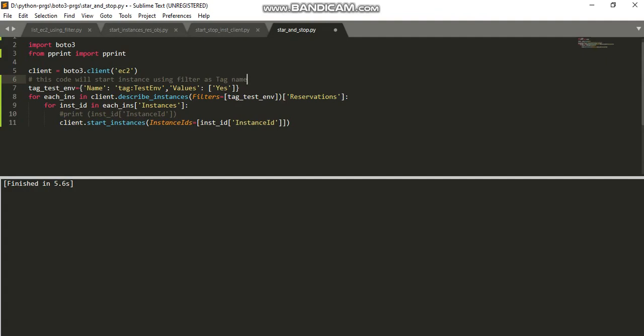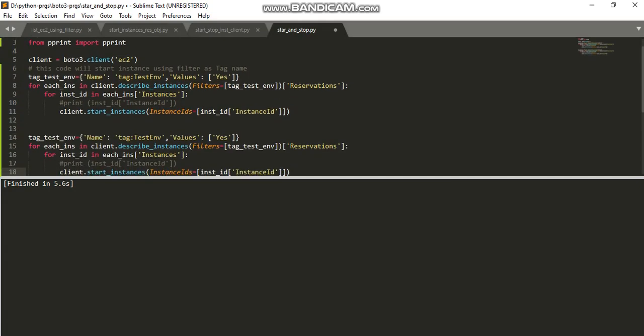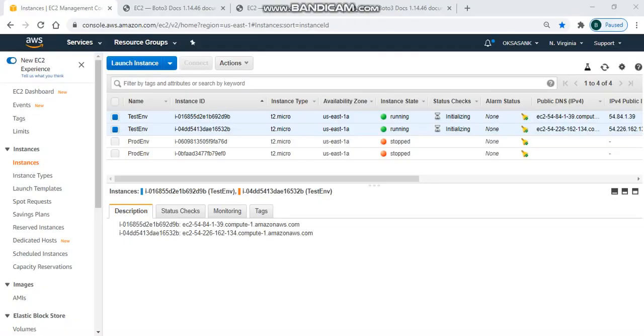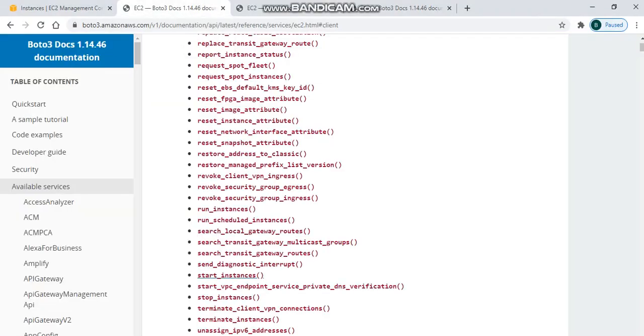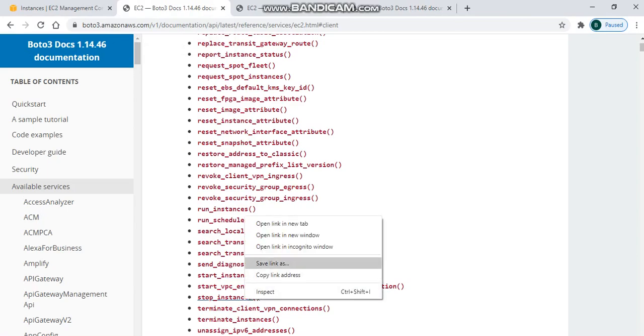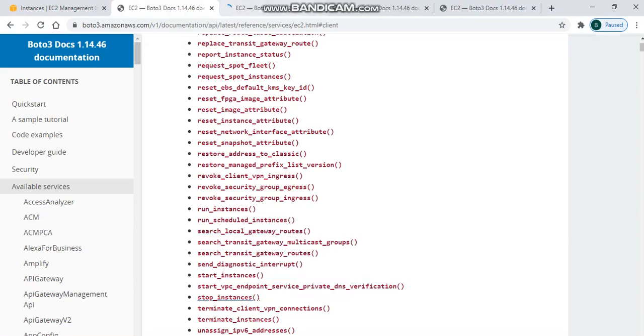So let me copy this code and start. So now I want to stop those servers, right? Let me go through this document. The same document will provide the stop instances, right?